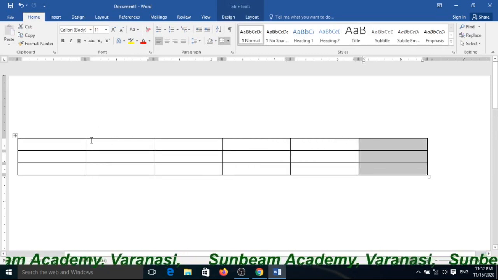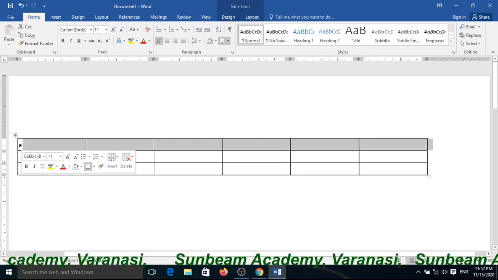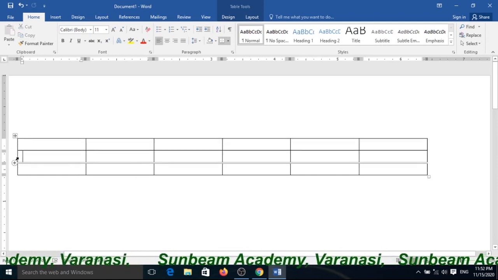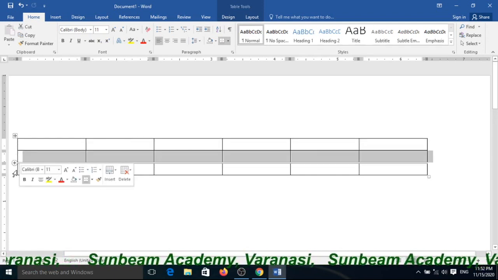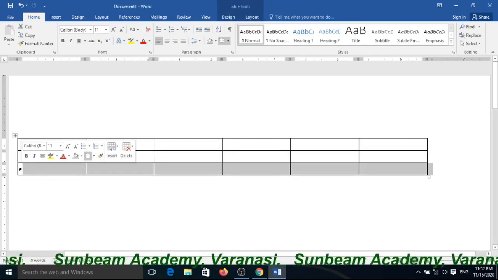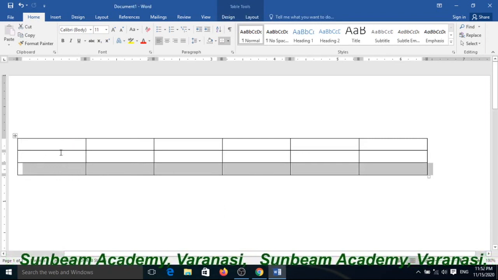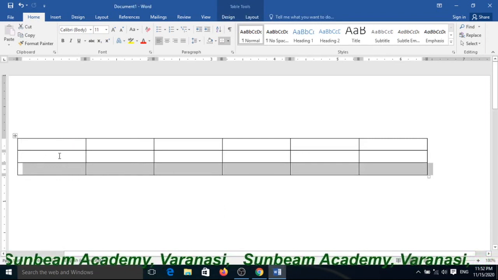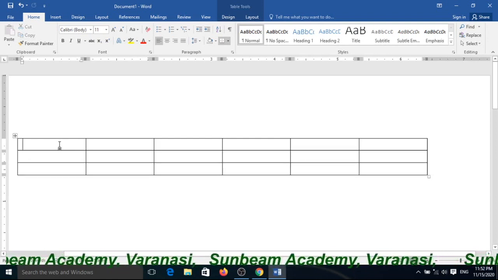And these are the rows: the first row, the second row and the third row.